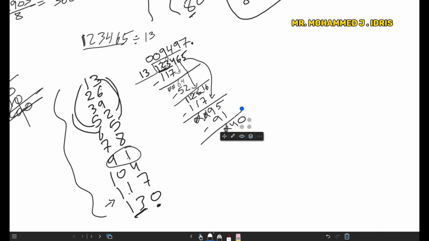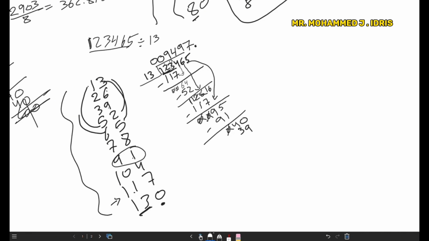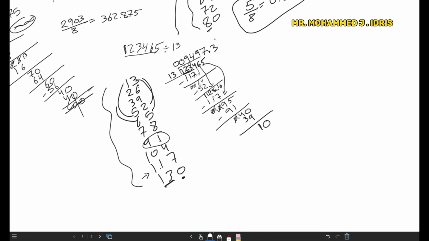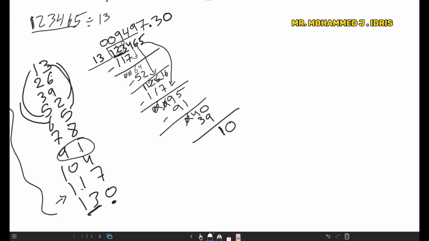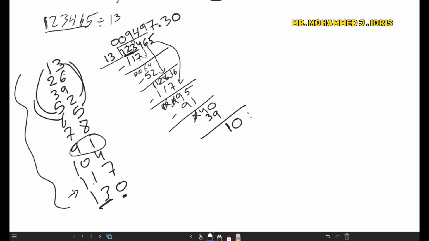So 40. Which here is closest to 40? Which number here is 39? Which comes from 3. When you subtract 40 minus 39, you get 1. Then we add another 0. Since we're in decimal point now, I can add as many zeros as I want. As soon as I added this 0, it became 10. 10 divided by 13, we can't, so we put a 0 here. And add another 0. It becomes 100, which comes from 91